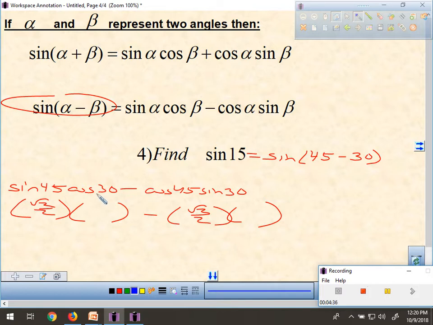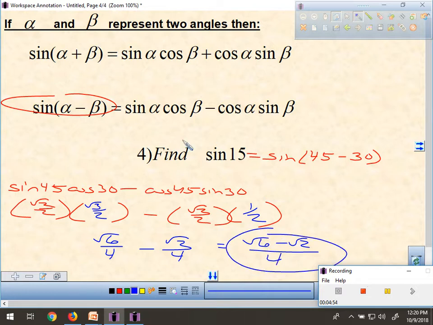Cosine is adjacent to 30, and then sine is opposite. Opposite of 30 is 1/2, so adjacent to 30 would be root 3 over 2. Multiply, you get root 6 over 4, minus, multiply, you get root 2 over 4. Same denominator, so scrunch them together, you get root 6 minus root 2 over 4, and that will be my